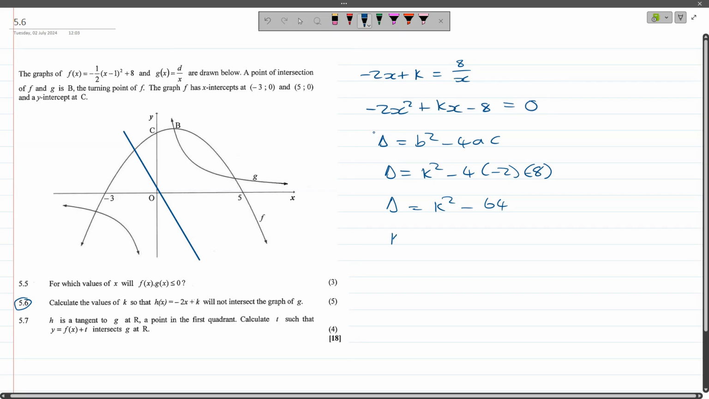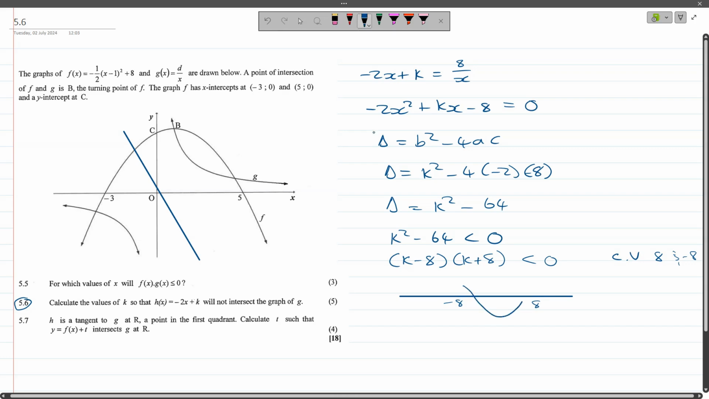Remember, when a function has no roots, that means the discriminant is less than 0. So we look for values that satisfy this, and we know from this we're going to have k minus 8 and k plus 8, since it's a difference of two squares. And then we have our little Cartesian plane for our critical values. Our critical values will obviously be 8 and minus 8. Therefore, we put minus 8 there and 8 over there, and then we just draw our